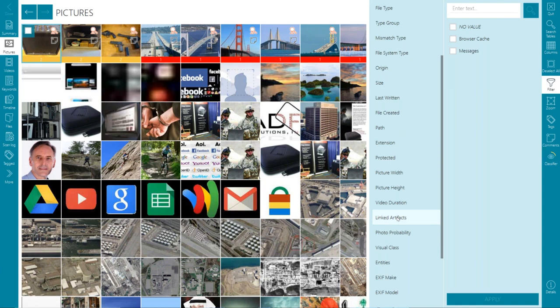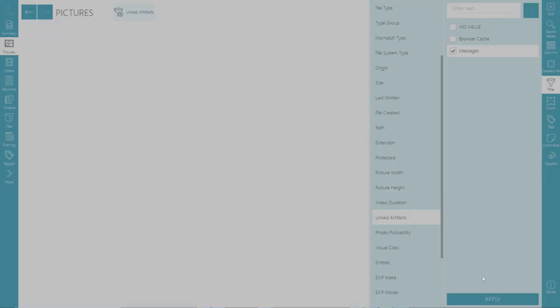So if you remember earlier, I said, if it finds a file, it also goes through and sees if it matches any of the artifacts. So here I can see I have 2 values, either browser cache or messages. So I know there's pictures in this gallery that were sent through messaging, and I can hit apply. And then it shows me, well, there you go. There's a map. It's a linked artifact, and it was through messaging.